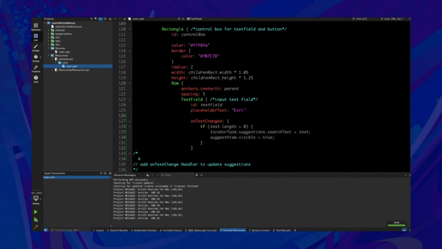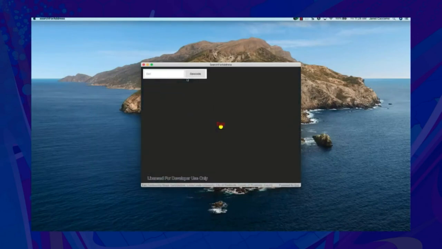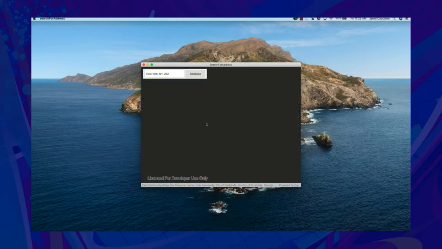So we're going to save, build, run. And then, like we did before, we can just geocode the default result. We have Esri, or we could do something as simple as that. And as you can see here, this is actually our list model being displayed in the list view dynamically. And as you keep typing, it gives you more and more suggestions. And then you can click on one of these and it'll pull it in, and you click on geocode and